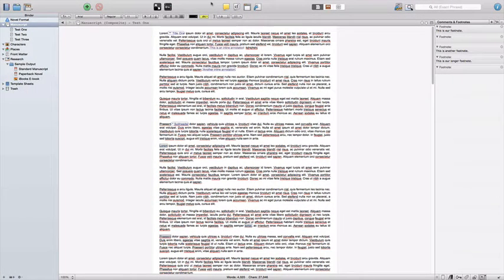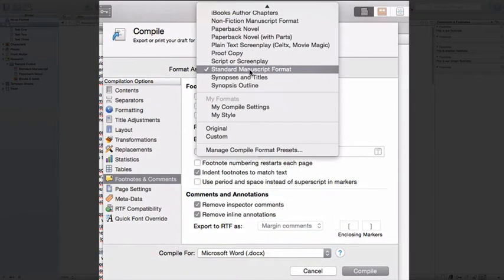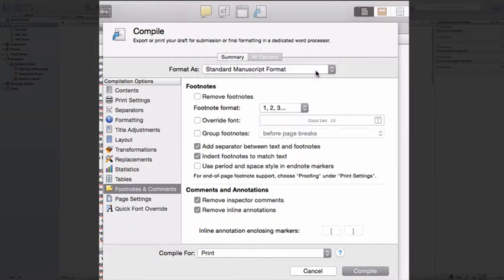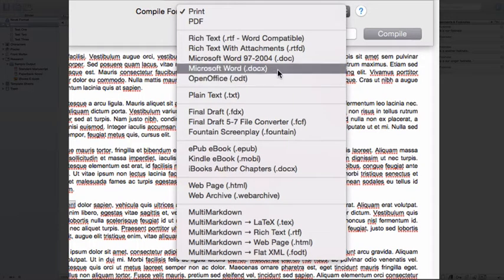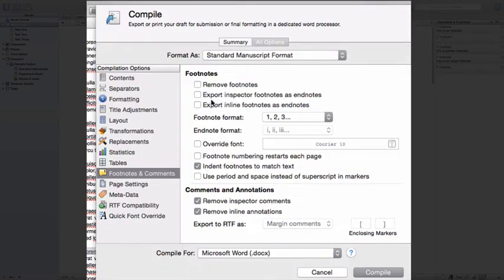However, if you would like to have your footnotes at the end of the document instead of at the bottom of a page, we go back to compile, make sure that we're on standard manuscript format. We go to the same format, .docx, and here we have two options. We can either remove the footnotes, or we can make the footnotes as endnotes, either the inspector or inline footnotes. So no matter which option you have chosen to do your footnotes in as you've been composing your manuscript, you can choose to export